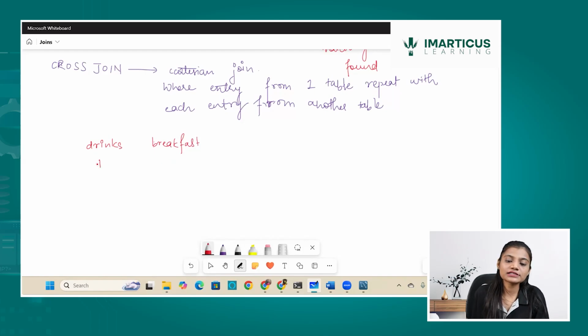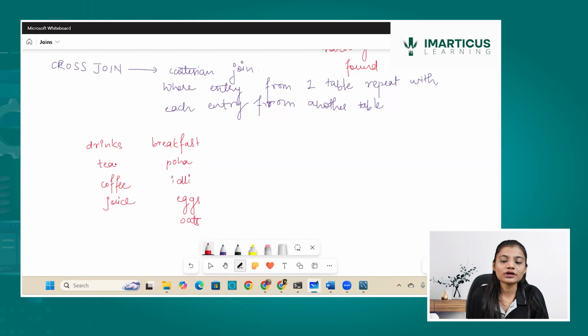So for drinks, let's say there is tea, coffee and juice. Let's say for breakfast we have poha, idli, eggs, and oats. So I want to make one drink and one breakfast combination.